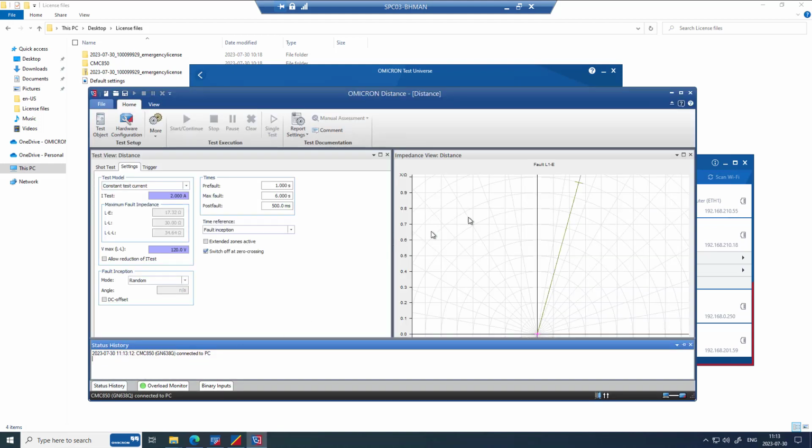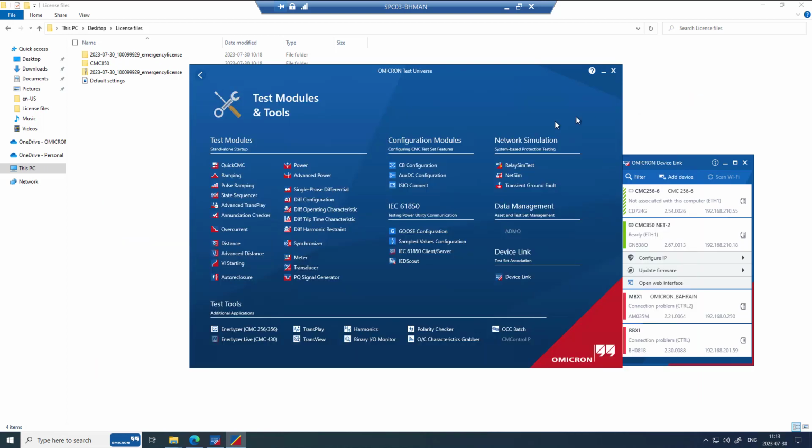So this is how you can just download the license file when you get it from the OMICRON team. When you go for the license enhancement for your existing CMC, then by this way you can make sure that you have the license file stored on your PC and you can easily